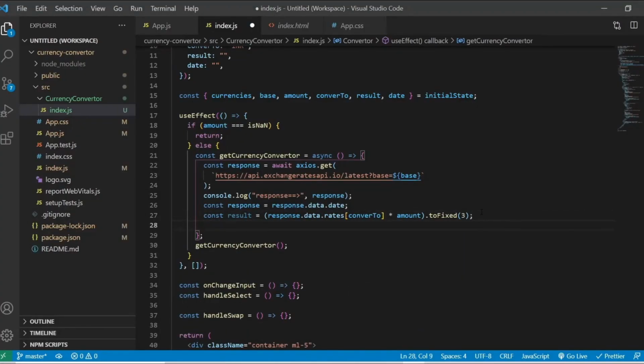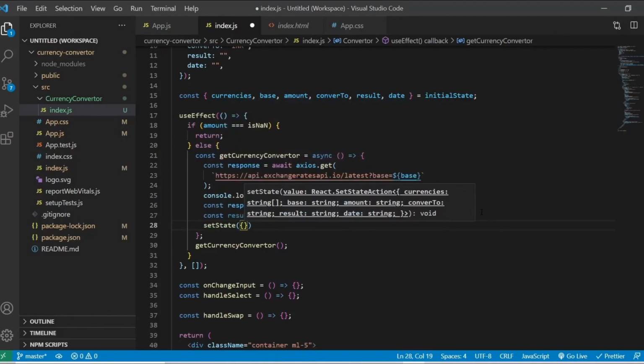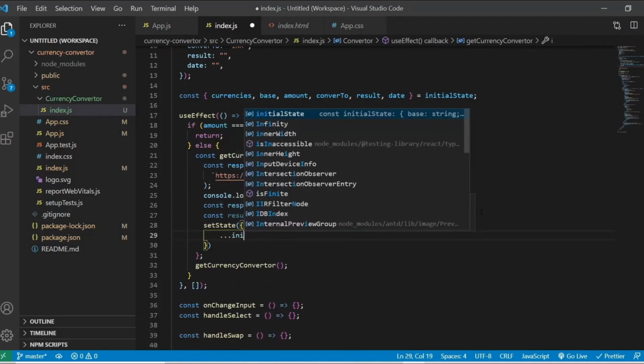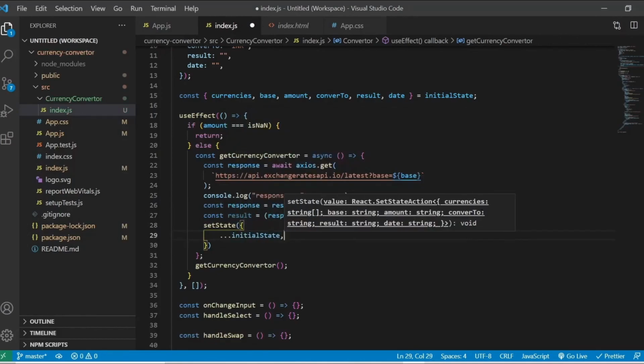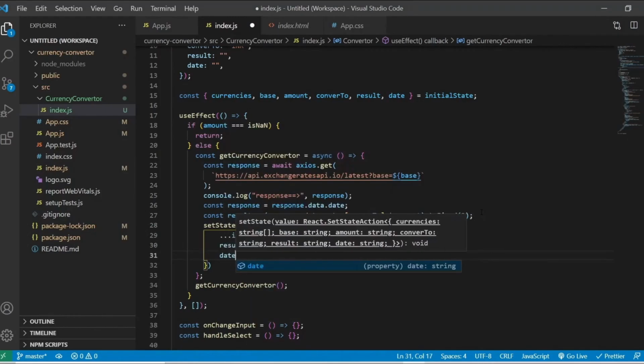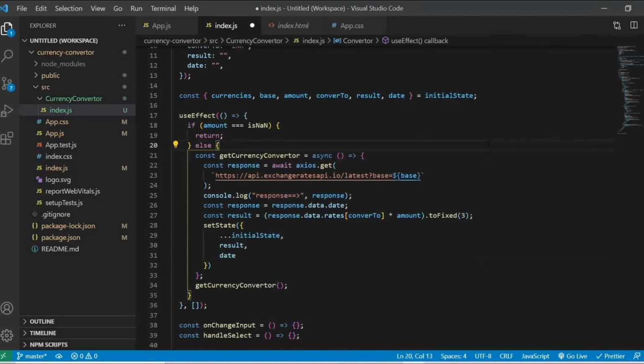And after that, I'm going to set the state, and I'm going to spread all the initial state first, so that it won't override some of the existing values. So I'm just making a copy of the old state and updating only those values for which the state has changed.